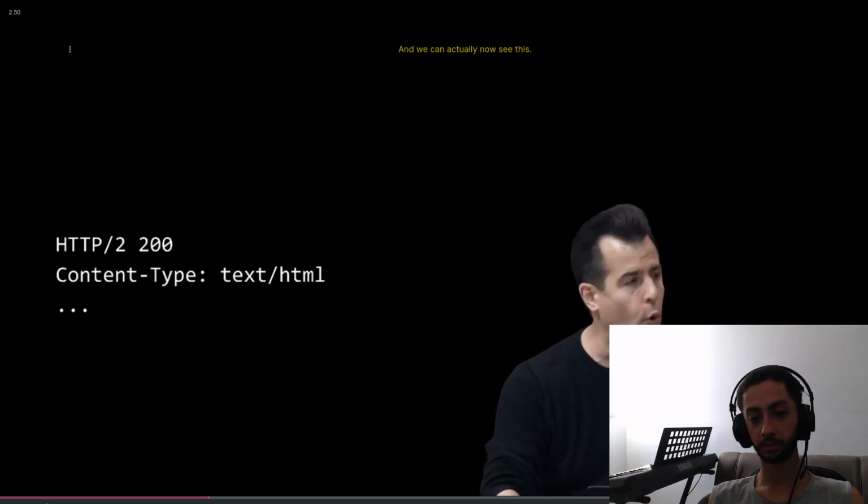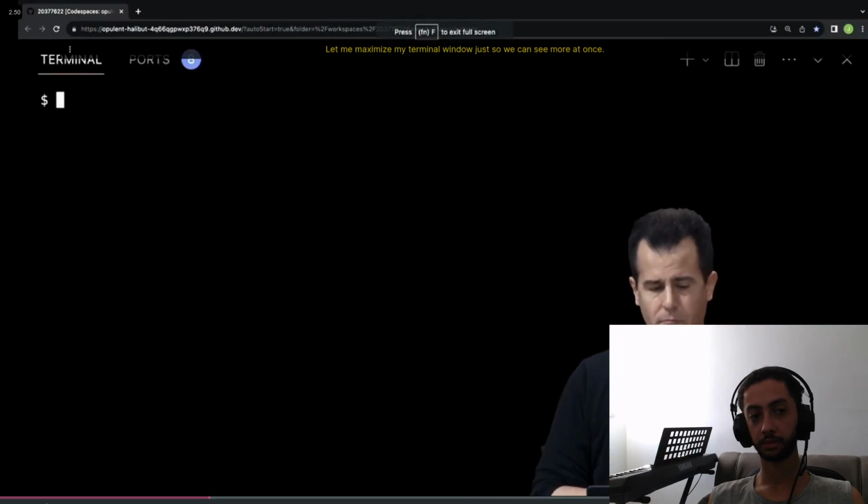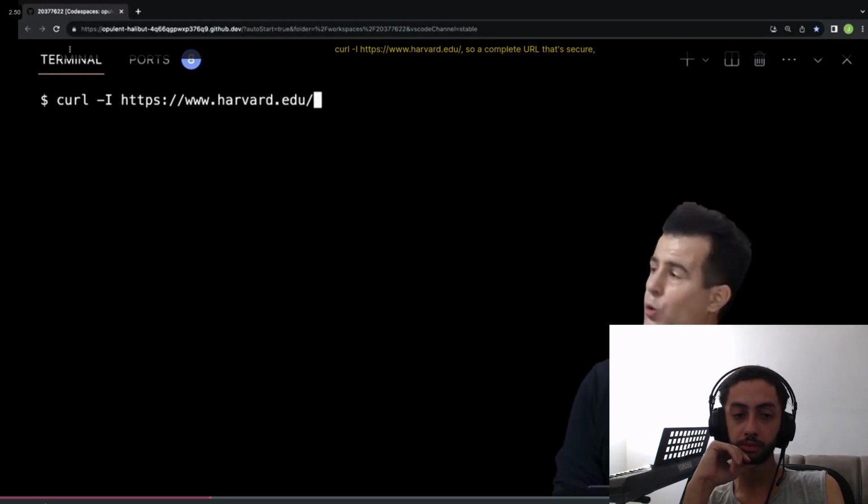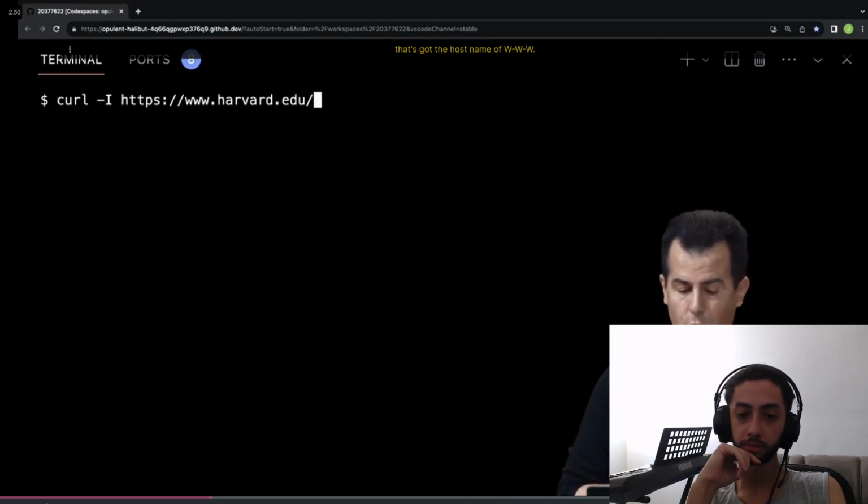And we can actually now see this. Let me go over to VS Code here. Let me maximize my terminal window just so we can see more at once. And let me go ahead and type in this command: curl -I https://www.harvard.edu/. It's a complete URL that's secure, that's got the host name of www, and curl just means connect to a